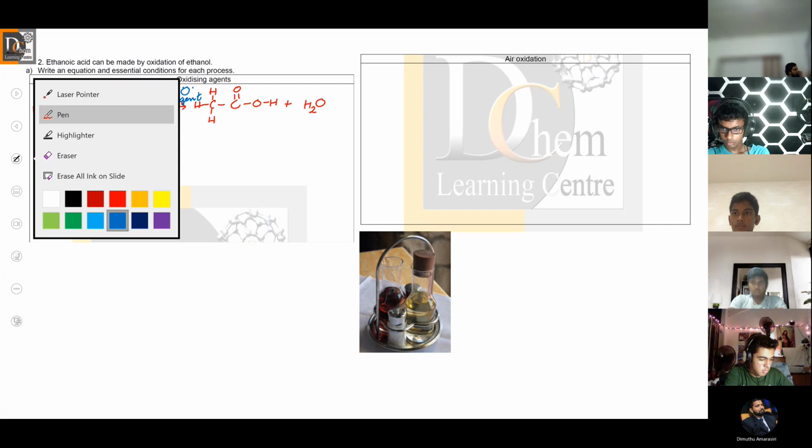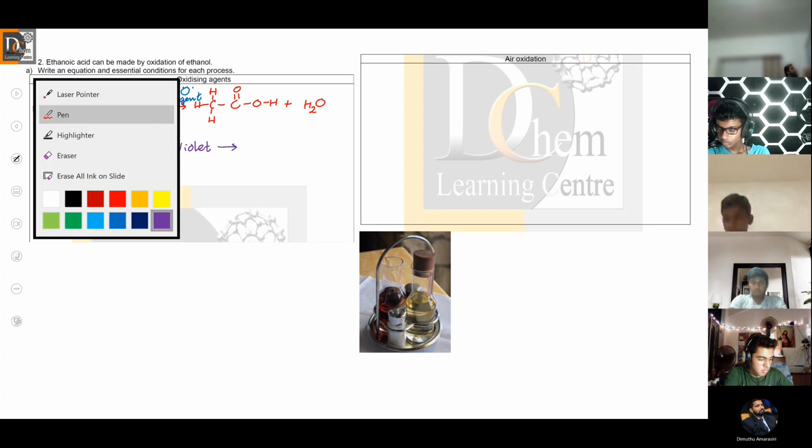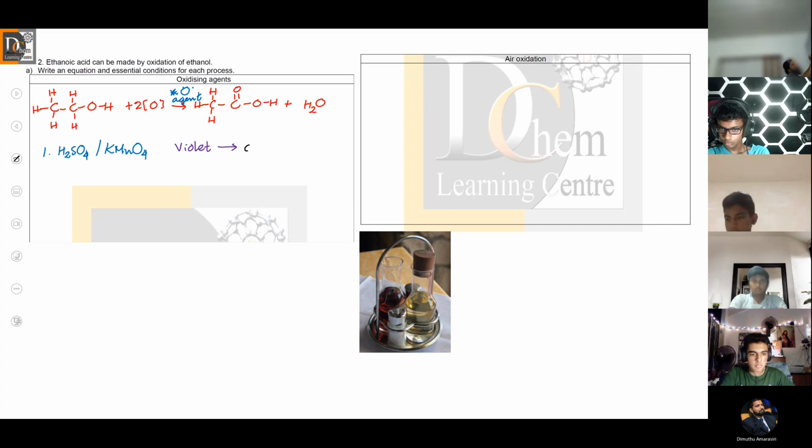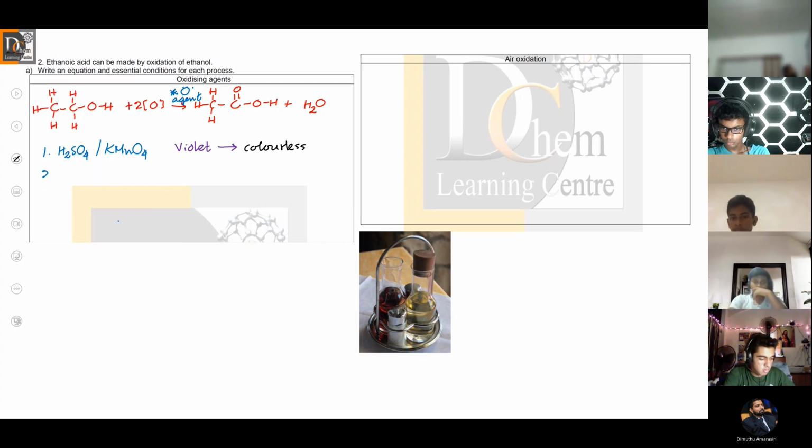And when you use this, potassium manganate 7 shows you a color change. What is that? Violet to colorless. It will show you a violet to colorless color change. And then sulfuric acid and potassium